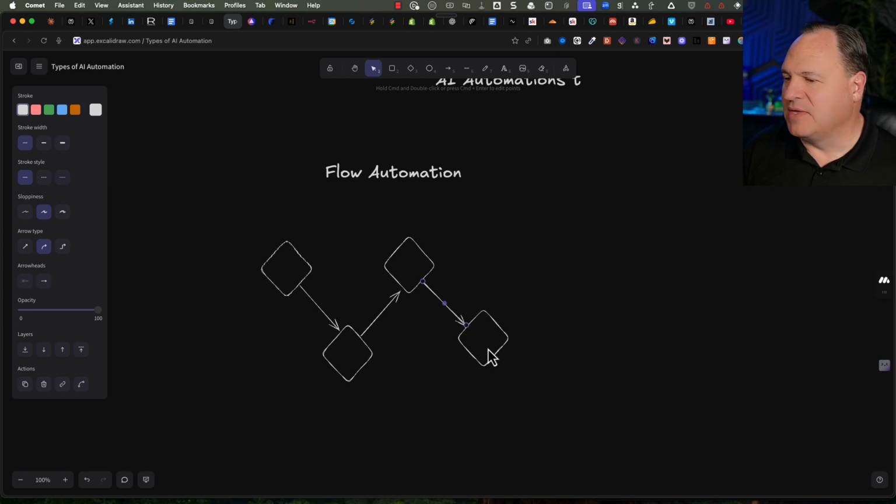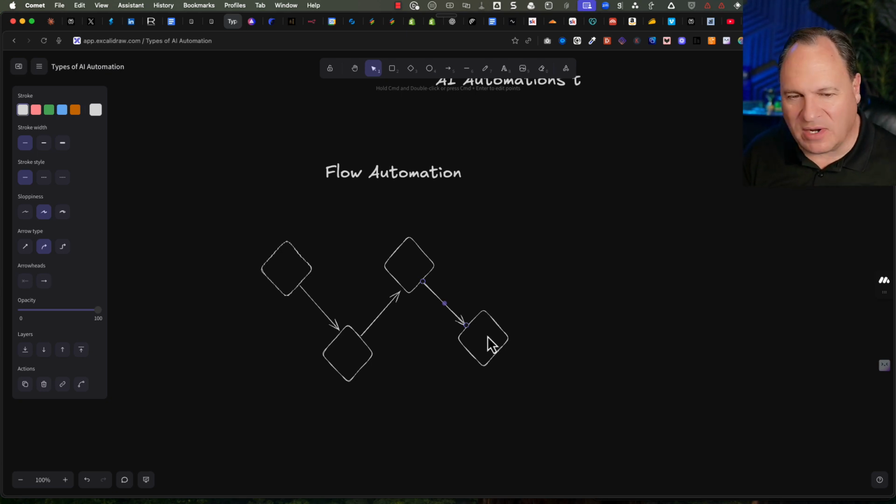A typical example might be you want to create a blog writer. In the blog writer, you put in a topic. The AI agent maybe goes and does research, maybe calls Perplexity or goes to Google and scrapes pages off Google and captures a bunch of information. That enriched information is passed along with your topic to another AI agent, which actually writes the article and then sends it to you in a Gmail folder. Wow, that's a flow automation.